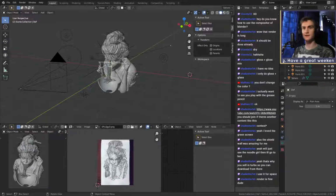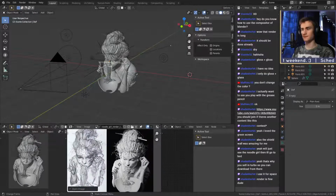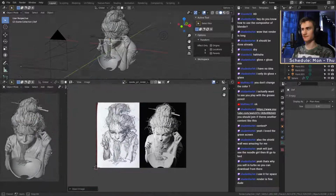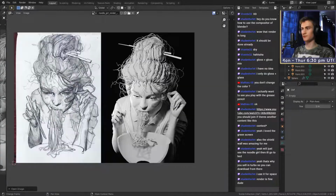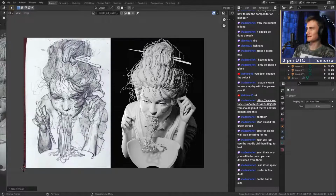Let's use this one. There you go. That's the final render. Hold on, I'm gonna make it bigger. There you go. Of course, it's not perfectly one-to-one, but that was really the goal. Oh yeah, the hair was actually